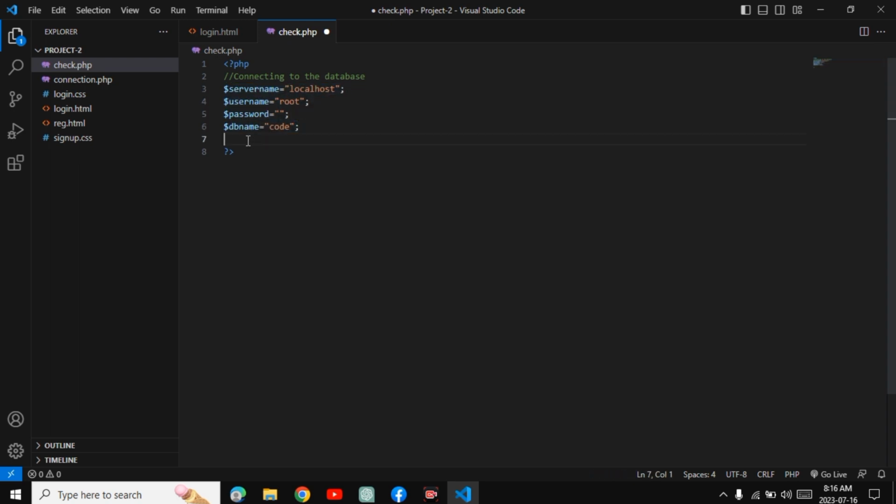I'll show you one other method. In that method we don't require to store this information into any variable. So firstly connect by this method. Let's create another variable to check our form is successfully connected to our database or not. So let's check, you can choose any name. I'm using check equals to, inside it we have to write here a function, which is mysqli